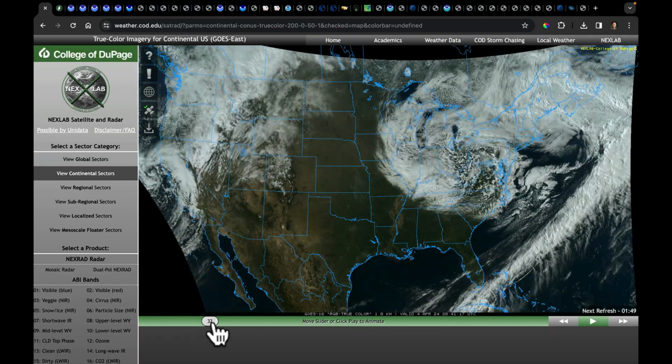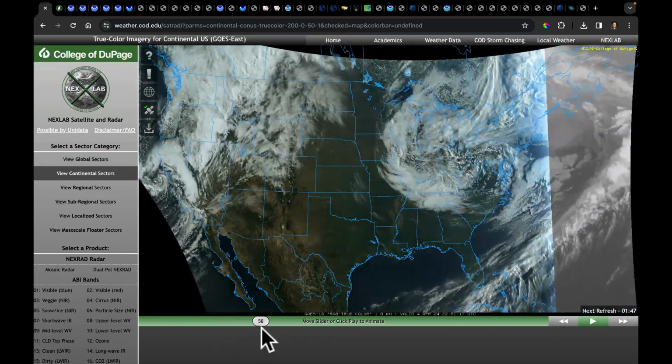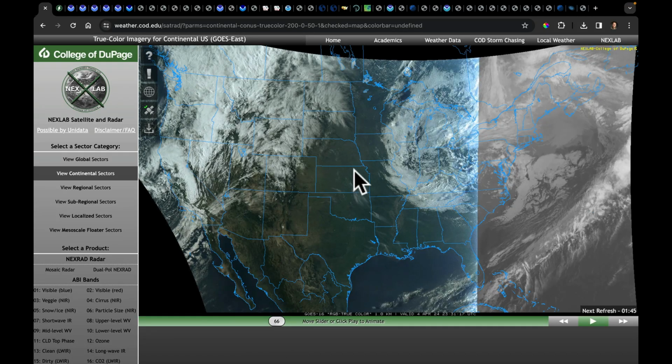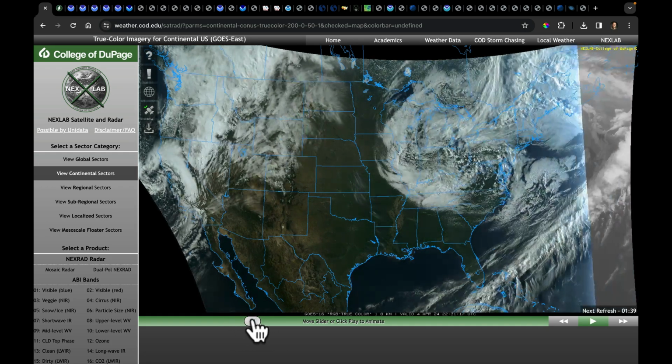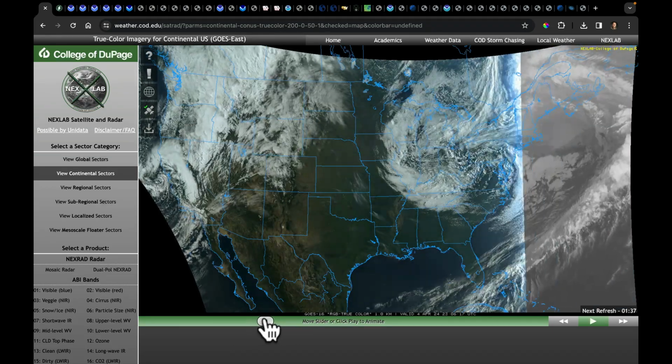And I just want to show you a couple of neat things on this. First of all, we can see some of the prescribed burns that were happening in parts of Kansas and Oklahoma down into Arkansas and even parts of the Delta down here. Shows up pretty well with the clear skies. You can see the smoke pretty well. But what I want to talk about, just to get us started, is the sheer size of this low pressure